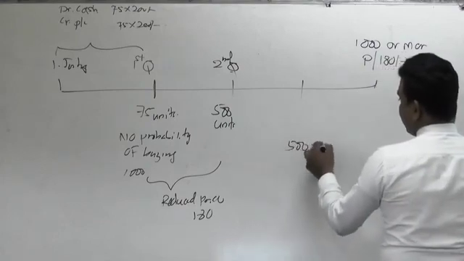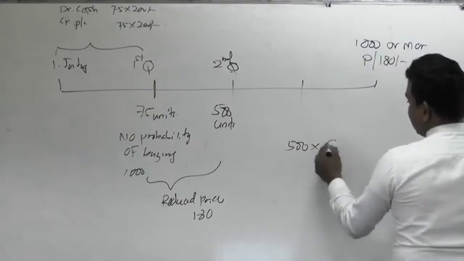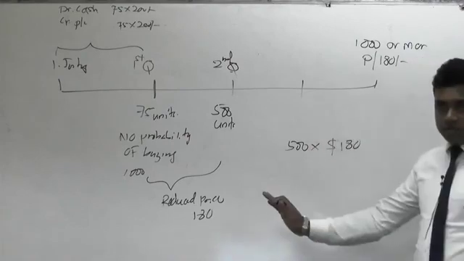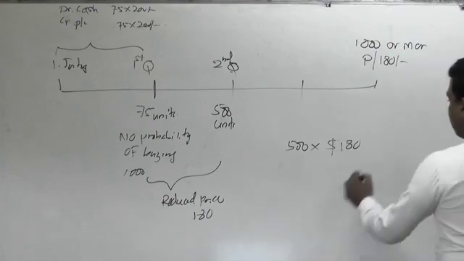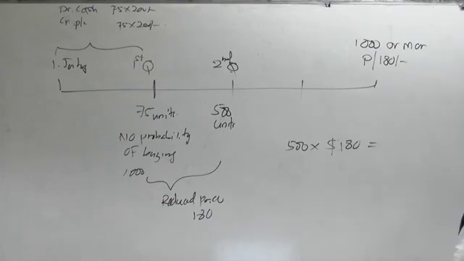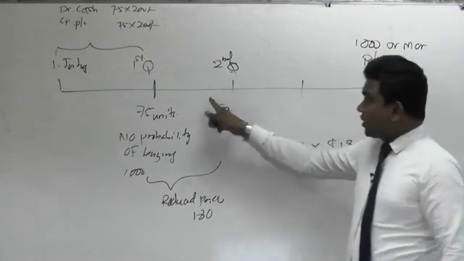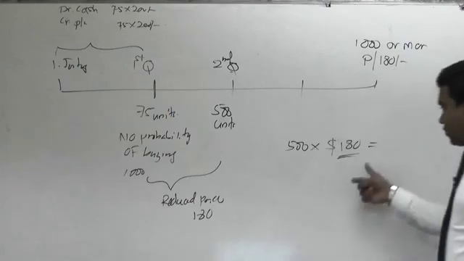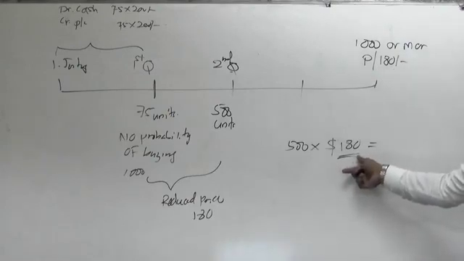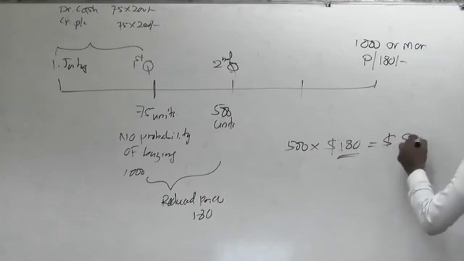This 500 units should be multiplied by $180, no doubt. Is that clear? Got it? Tell me the total. How much? $90,000. The total. Why have we taken 180? Because now there is a probability of buying more than 1,000, since they have purchased altogether 575 for the first half. Clear? Therefore, it should be sold at 180. Therefore, the value would be 90,000. Got it?